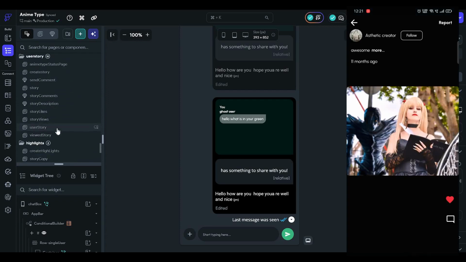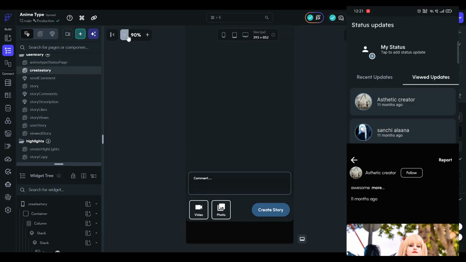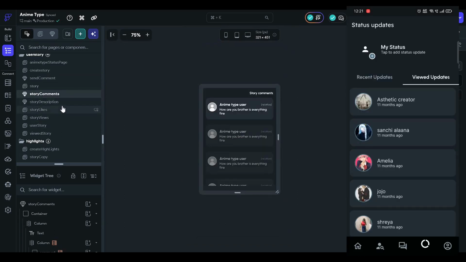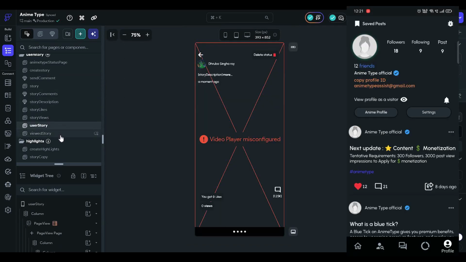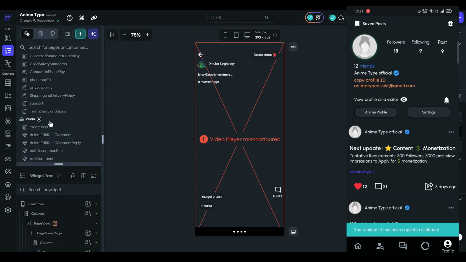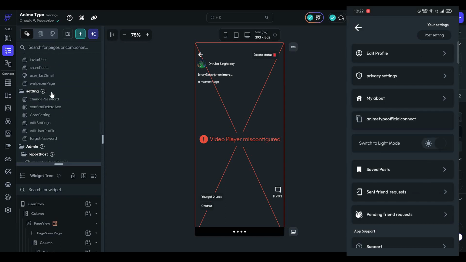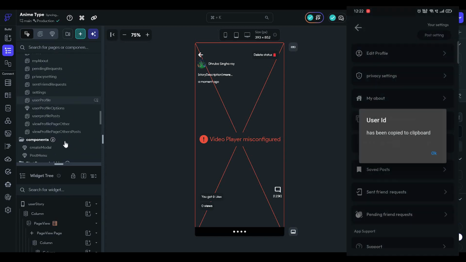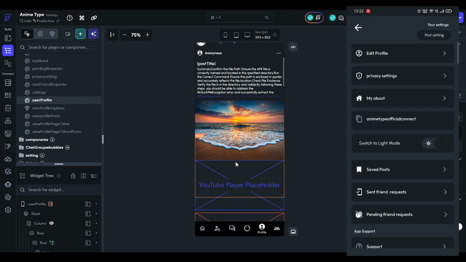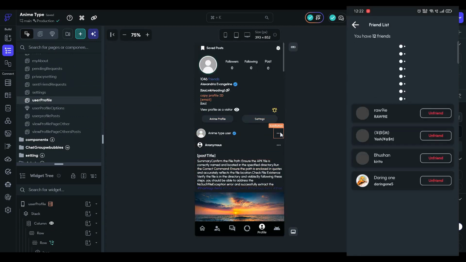Inside chats, you can directly share posts with others. And when they click, they'll be redirected to the main post page. You can also change wallpapers, delete chats from both sides, and more. If the user is online, it will show online. Otherwise, it will display the last seen. You can update your status on the status page, view others' updates, and comment on them. You can also upload videos in your status.